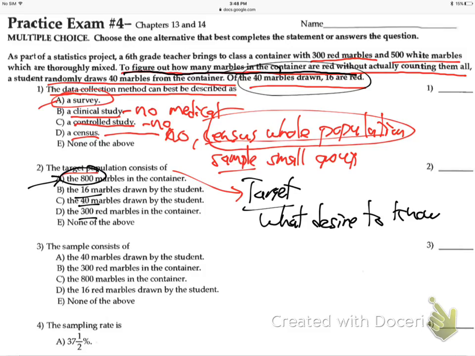I'll try number 3, and we'll wrap up with number 3. The sample consists of... So what's the sample? Yeah, it's A again. It's the 40. The sample's the 40. Is that good? All right, we will